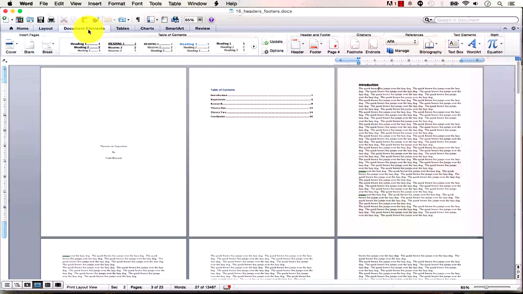So there are a couple of essential things you need to know about headers and footers, particularly when working on the Mac. So the first thing you need to know about headers and footers is if you go to the document element